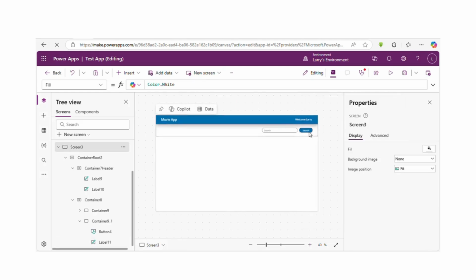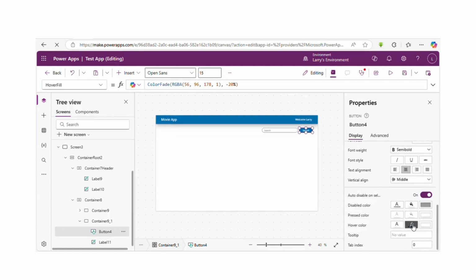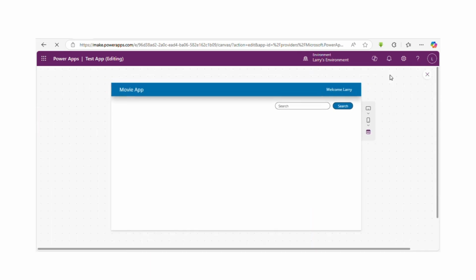Then for the button, we want to make the hover color 0.5, so we just change it to 0.5. Alright, so with this, this thing is set. If you hover, it gives you 0.5 of its original color. You can type, we can see Monday. Currently the search functionality is not working, but this is how we can use container to build our application